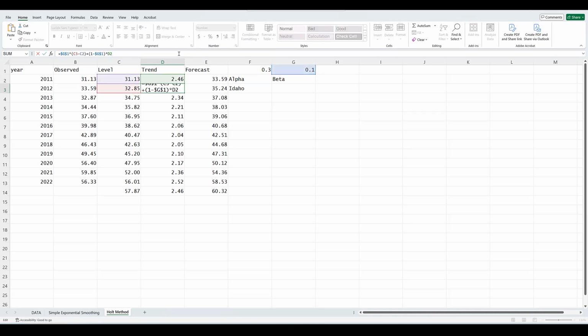For the trend variable, we are using a slightly different method. There again, you have this smoothing parameter beta, where you're taking the difference between the levels plus 1 minus that smoothing parameter for the trend times the previous forecast of the trend. So you're basically able to update the trend component. There's not a constant upward trend, but you're adding a trend component that is updated with each step. Okay, so that would be Holt's method for exponential smoothing.